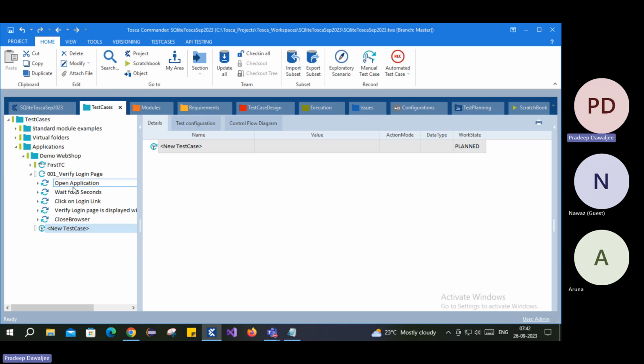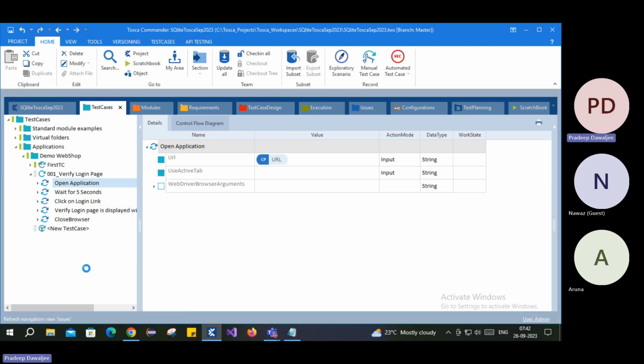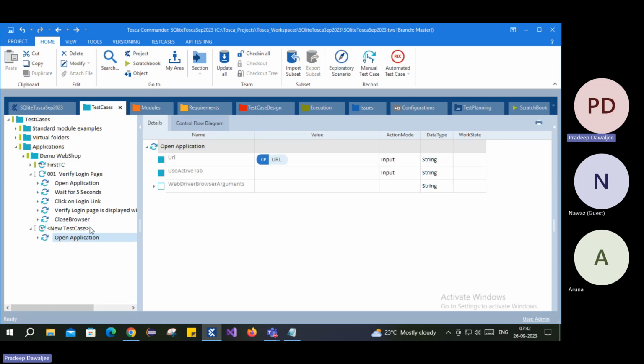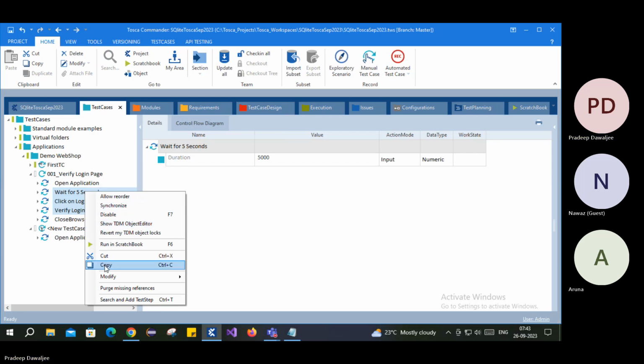Which means now the steps are duplicate, right? The same steps we want in our next test case as well. So what we can do is right click on this, copy, and then open our new test case, right click, and then paste. So the step has come. Same way, you can go to other steps, you can just copy, paste. We can select multiple by pressing the control button. I want this step, this step, and I also want this step. So click and then Control C, or right click and then copy,